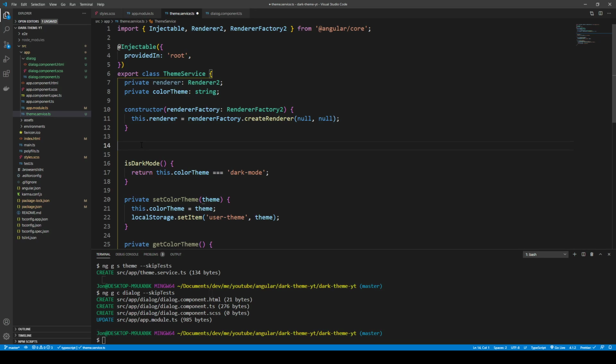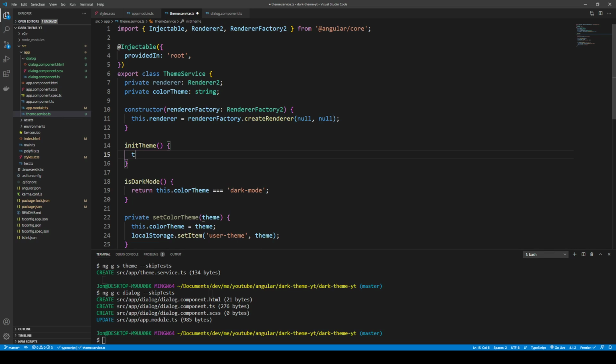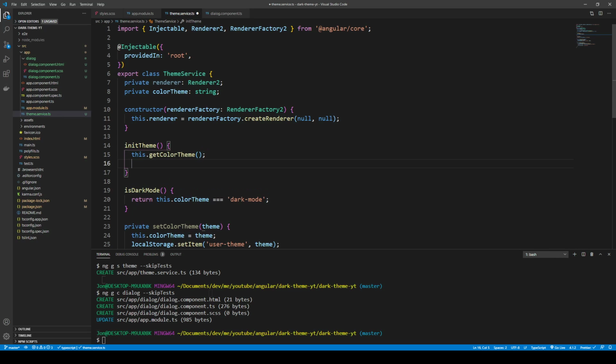So we're going to need an initialization function for when the component loads up. So we can go ahead and use our getColorTheme when the page loads up initially. So we can call this initialTheme or initTheme, and this is just going to call that function getColorTheme. Then we can use the renderer to add a class,